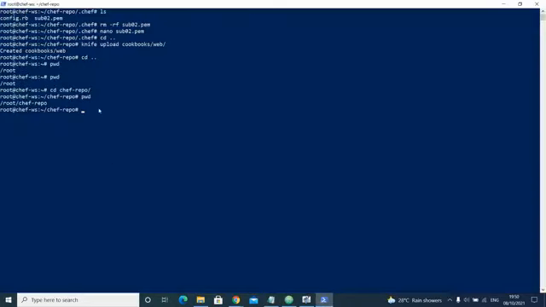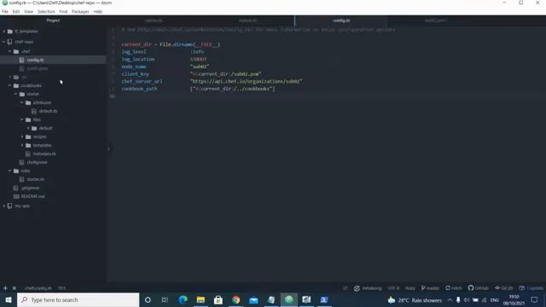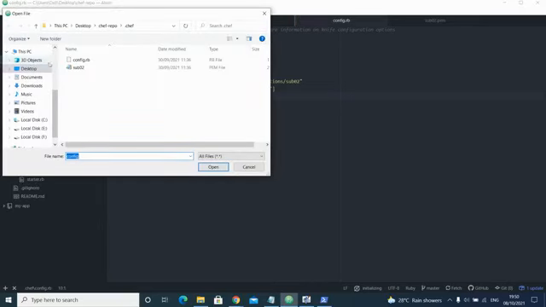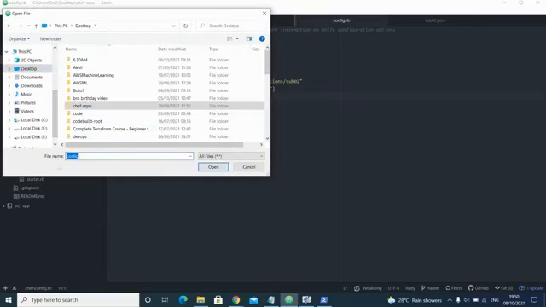I'll come back and I'll do one thing. I'll nano. Okay, so nano keypair ohio.pem, and I'll open my file. Open file. I open my keypair file on Desktop.